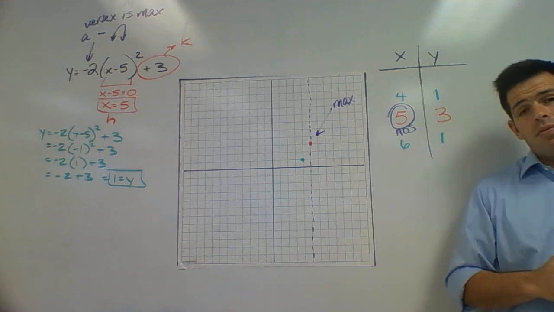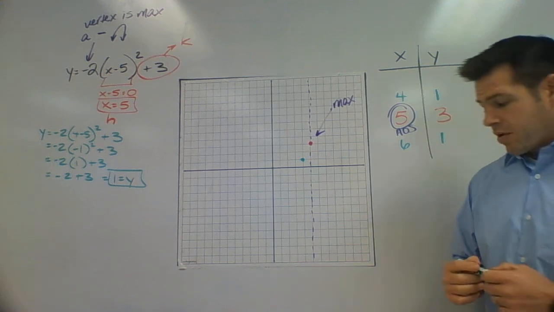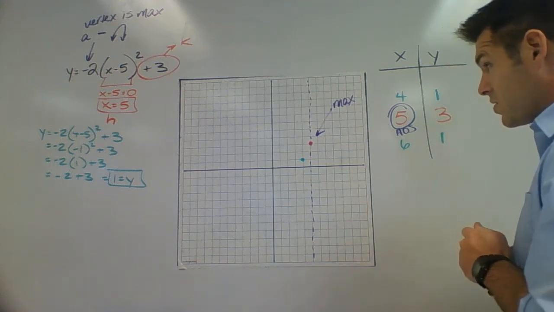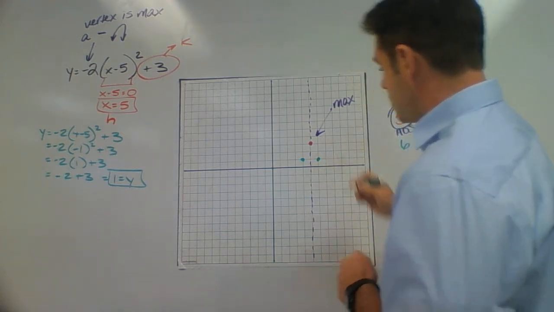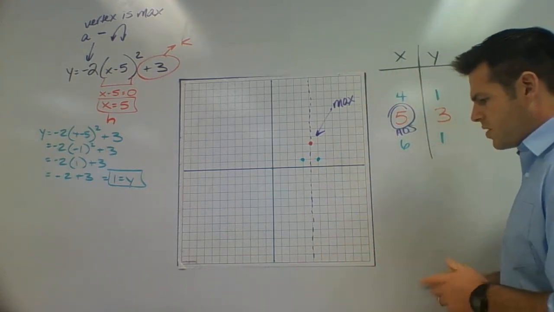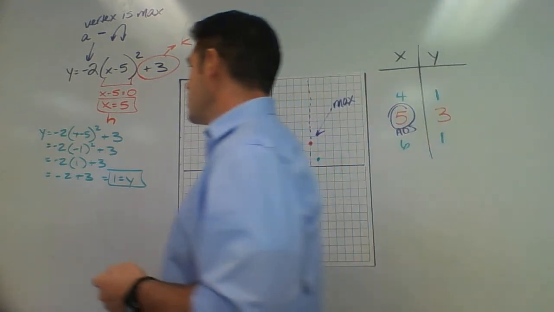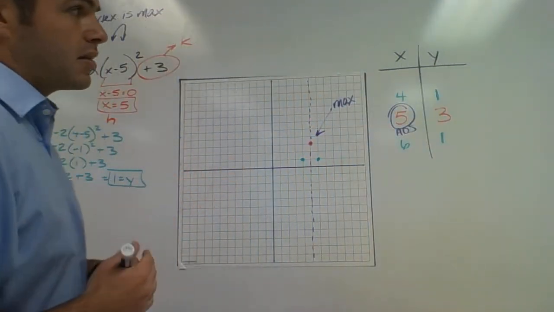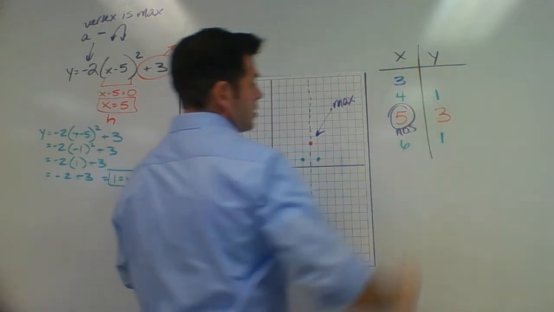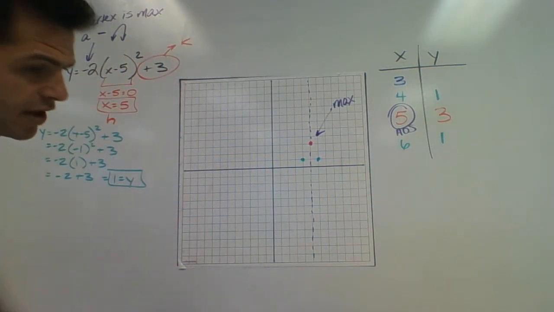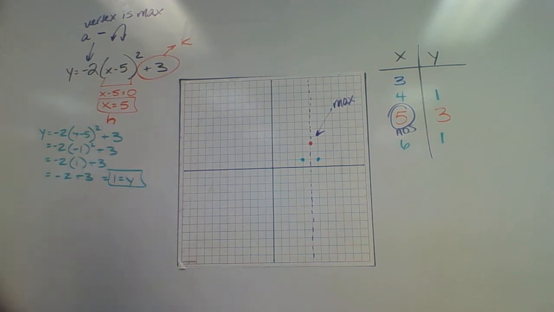So I have 3 points right now. I'm going to continue the process of just picking numbers that are relatively close to the vertex here. I'll show you why in a minute after I get these next 2 points. But I'm just going to go ahead and pick the number 3. So I went with 4, now I'm going to go with 3, which is technically 2 spots away from the x value vertex, 2 spots away from the axis of symmetry. I'm going to go ahead and plug it in